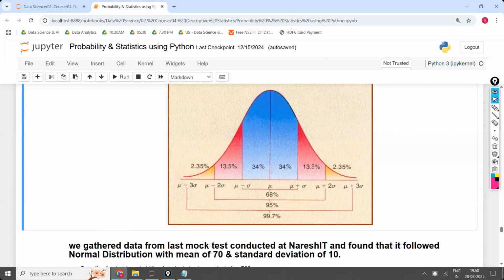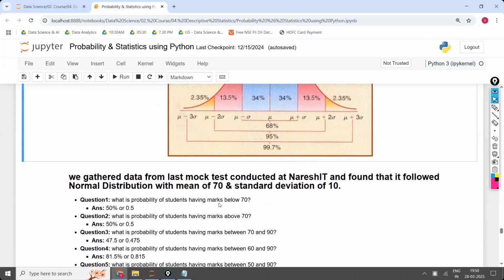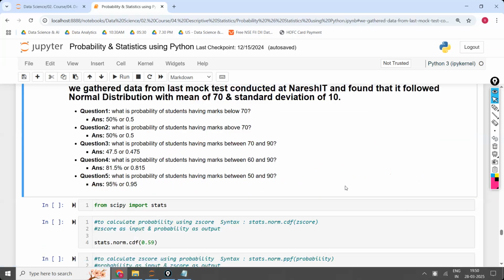Right? Now, see here, what is the probability? Okay, we gathered the last mock test conducted at Naresh IT and found it to be a normal distribution with a mean of 70 and standard deviation of 10. What is the probability of students having marks below 70? How many students are below 70? 50% of the people are below 70, 50% of the people are above 70, because mu